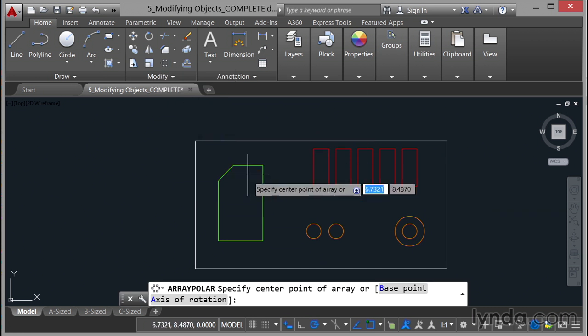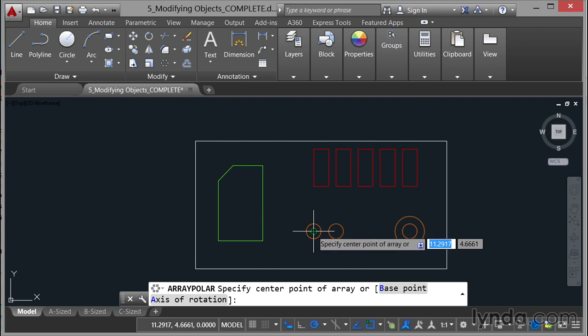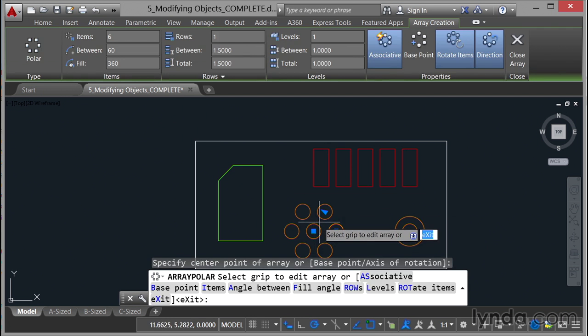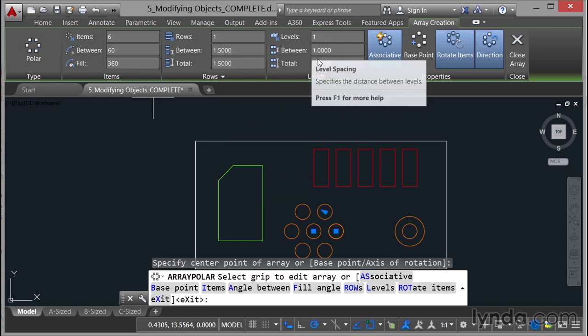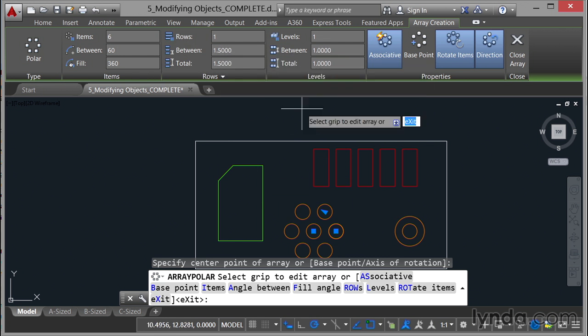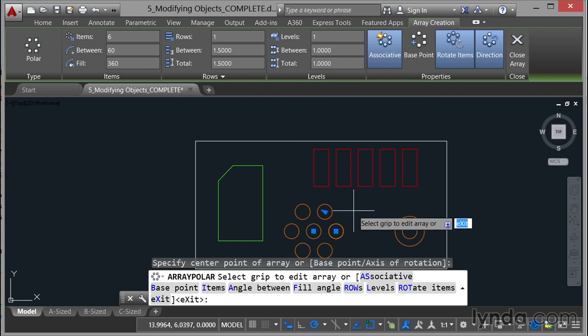So using my object snaps and the center snap of that circle there, the leftmost circle, you can see that it's defaulted to 6 items. There's the items there. Number of rows is 1, levels is 1. Now the reason it's asking for rows there is because you may have an array row going polar when you